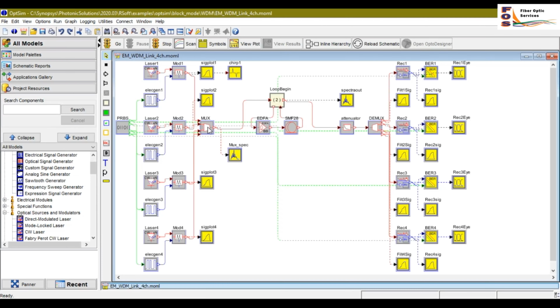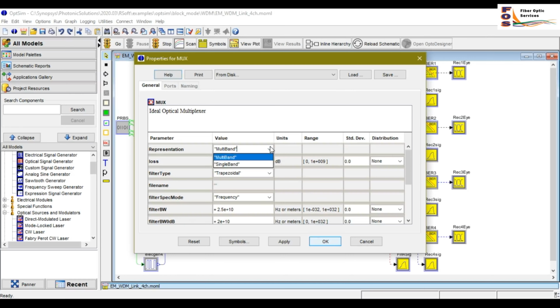The multiplexer block will take these 4 separate optical signals and multiplex them into a single output signal. If you go to the properties of the multiplexer block, you can see that representation is chosen as multiband and multiplexer loss is set to 3 dB. Also here you can see that the block is set to filter the input optical signal according to the specified user parameters.